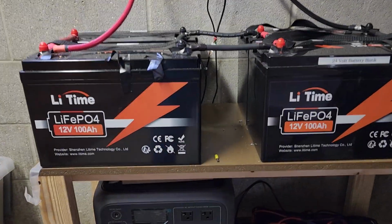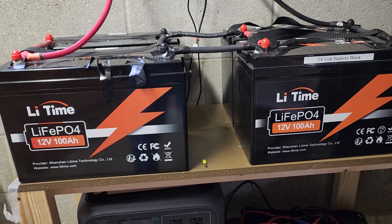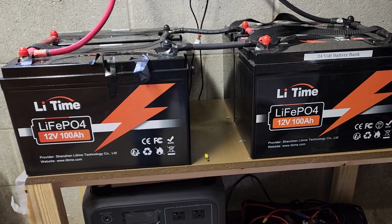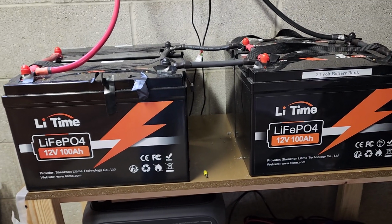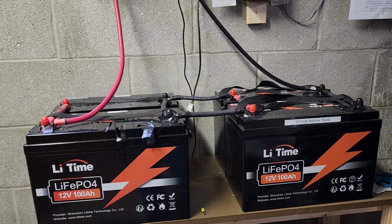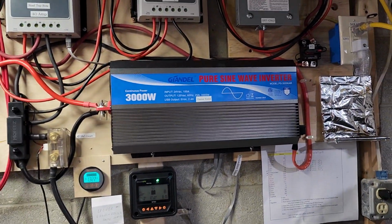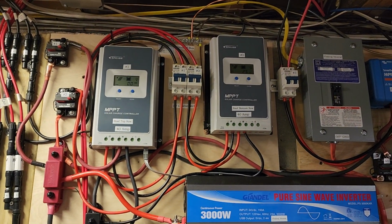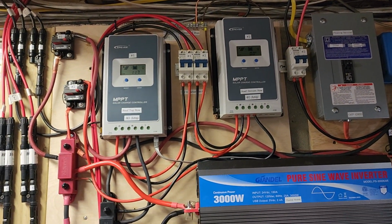low in order to prevent my LiTime batteries from having voltage surges. There would be voltage surges, and this would shut off the BMS of the battery. It would shut off the inverter. It would temporarily turn off the charge controllers, and